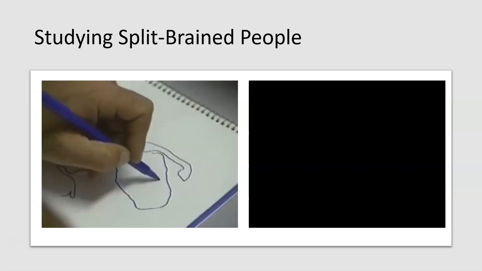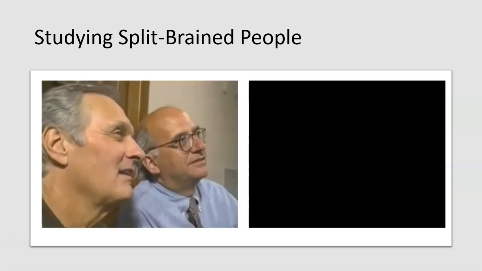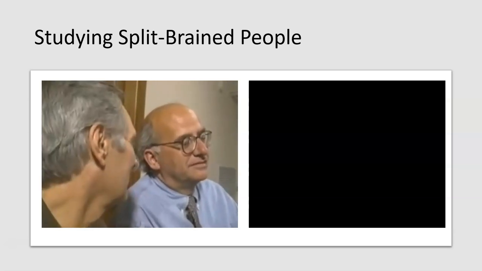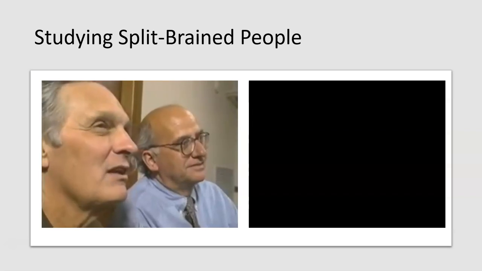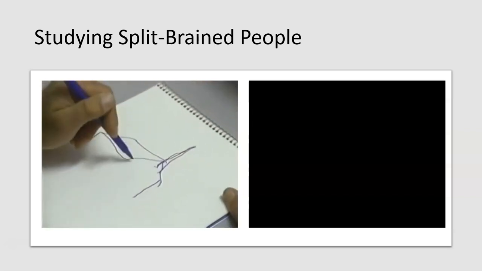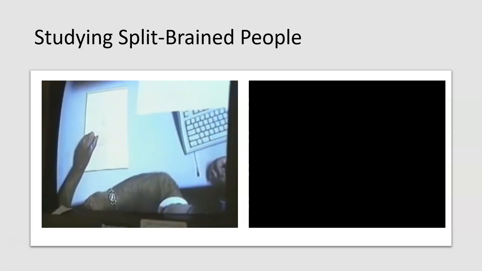It's almost as though somebody has given him a secret communication. That's right. Now he knows that it's a telephone. Up until then, he was blind. Exactly. When Gazzaniga first did this experiment, it instantly proved that the ability to speak resides almost exclusively in the